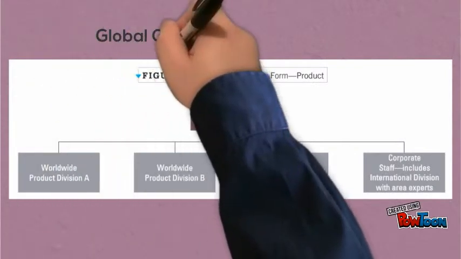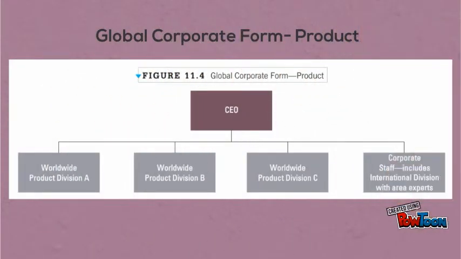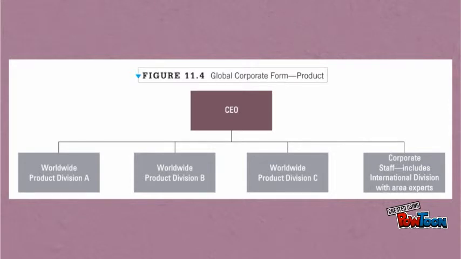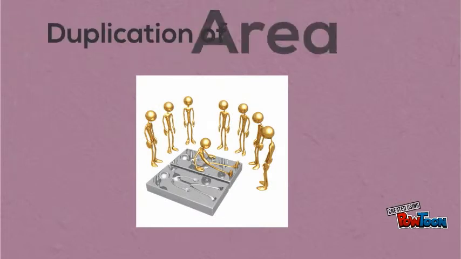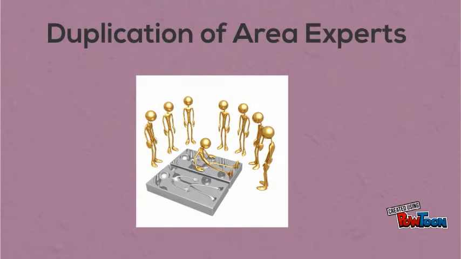The next organizational strategy is global corporate form product. In this present-day global form, product divisions are responsible for the worldwide operations, such as marketing and production of products under their control. While in many cases this is a very effective model, its downside is that it creates a